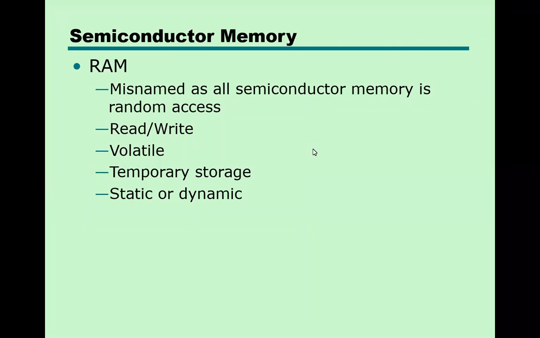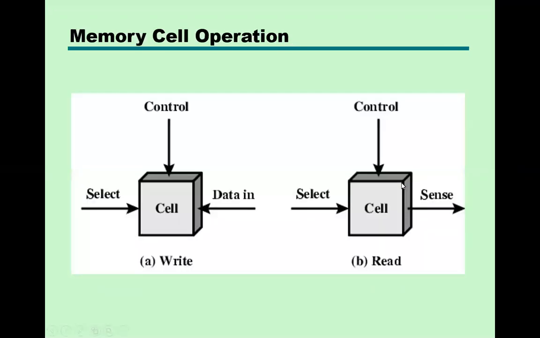So again, there are two types of RAM. One is static RAM and the second one is dynamic RAM. As we have seen, it is a semiconductor memory. So in semiconductor memory, here is one semiconductor cell. This is another semiconductor cell. What we are doing here is selecting a semiconductor cell as per the address, right? This select is to select a particular cell as per the address.